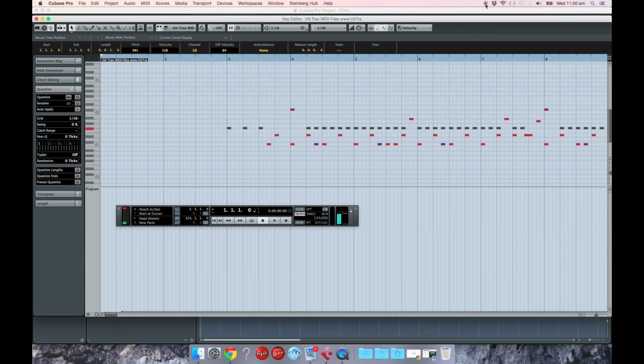So you can have fun with key commands and shortcut your workflow so that you can work quicker and more efficiently on Cubase and feel like you're more in control of the program than the